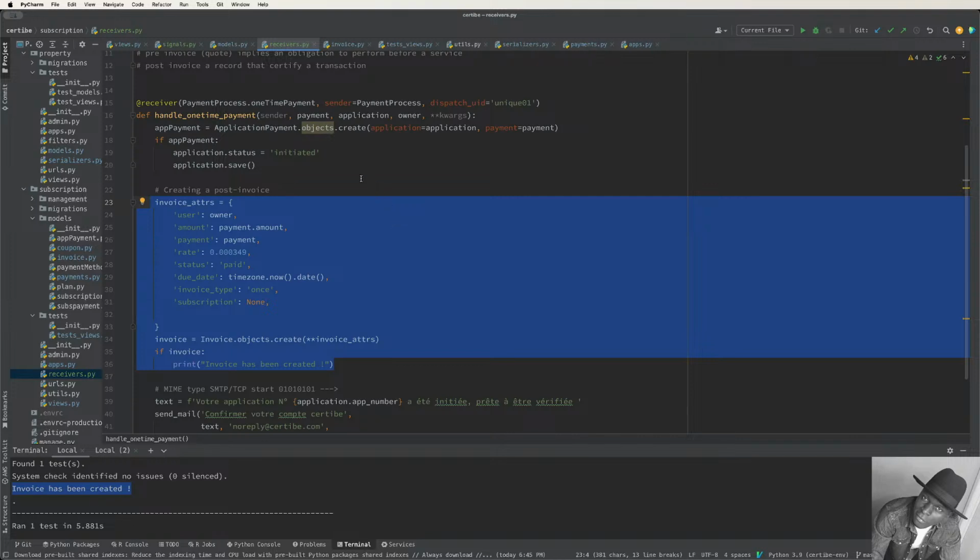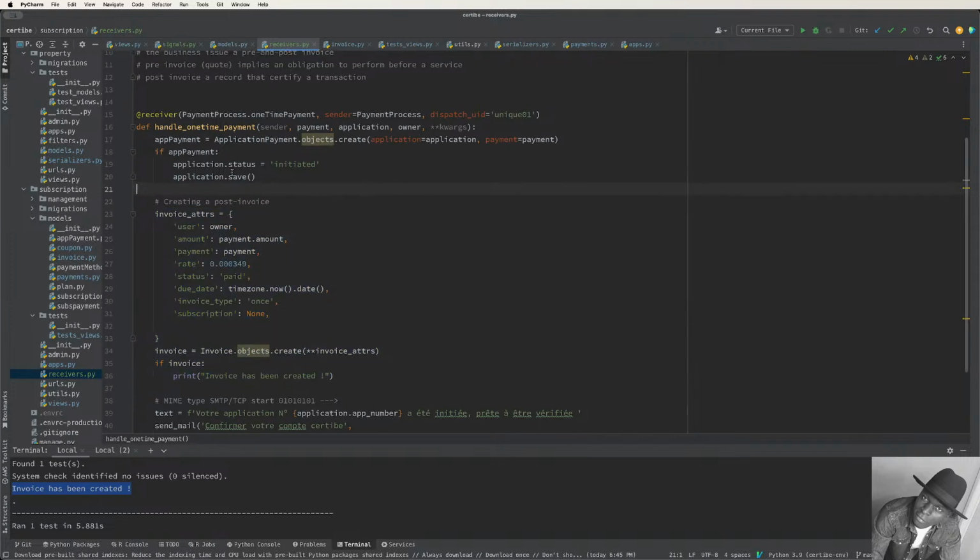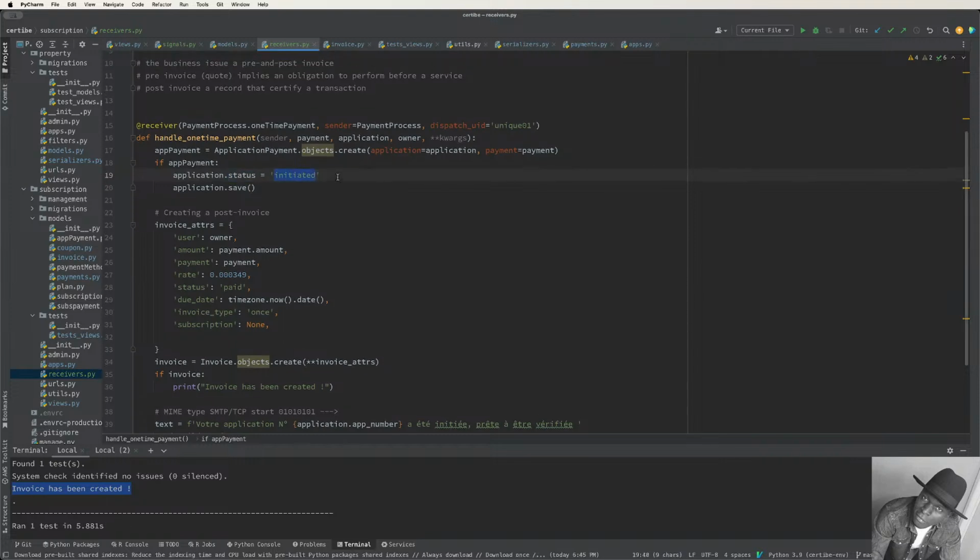Why is the user making a payment? The user is making a payment so he or she can change his or her application status from offline to initiated. Legally, both parties have to perform on the obligation. Speaking of legally,